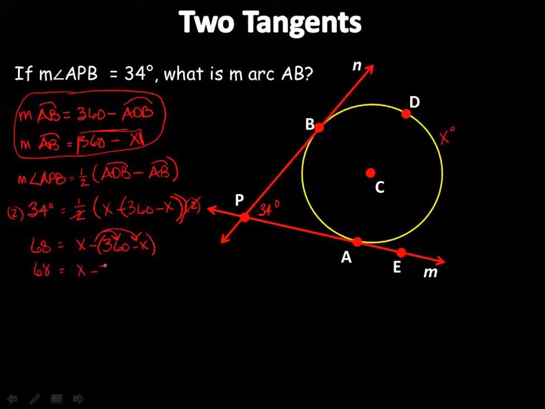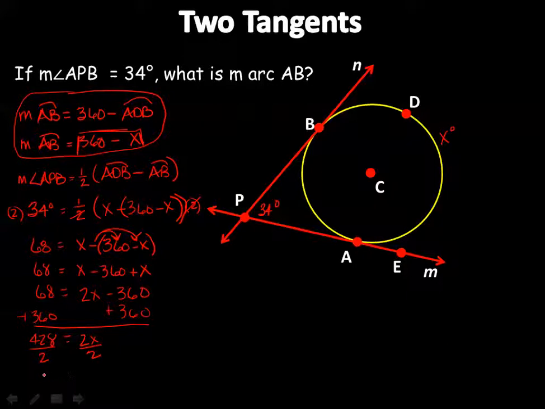So I've got x minus 360 plus x. So 68 equals 2x minus 360. Now I'm going to add that 360 to both sides. And I have 428 equals 2x. Divide both sides by 2. And I have x equals